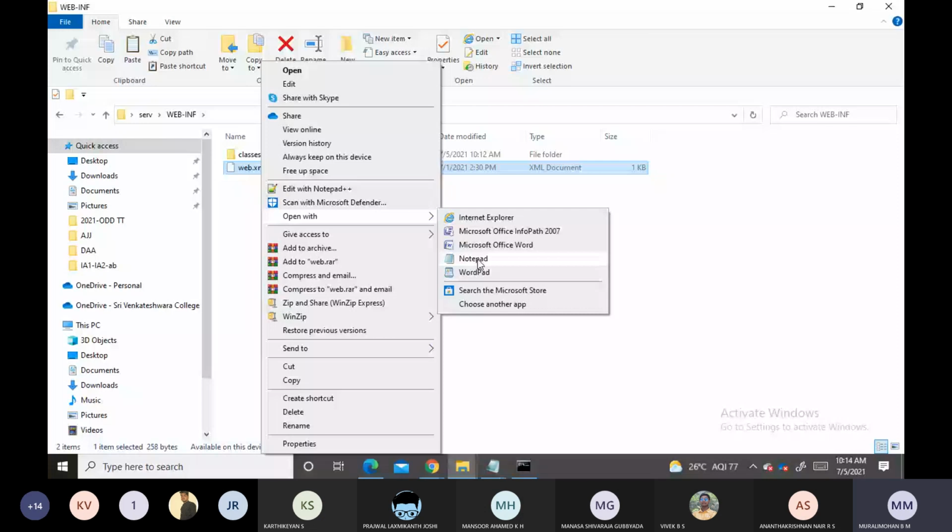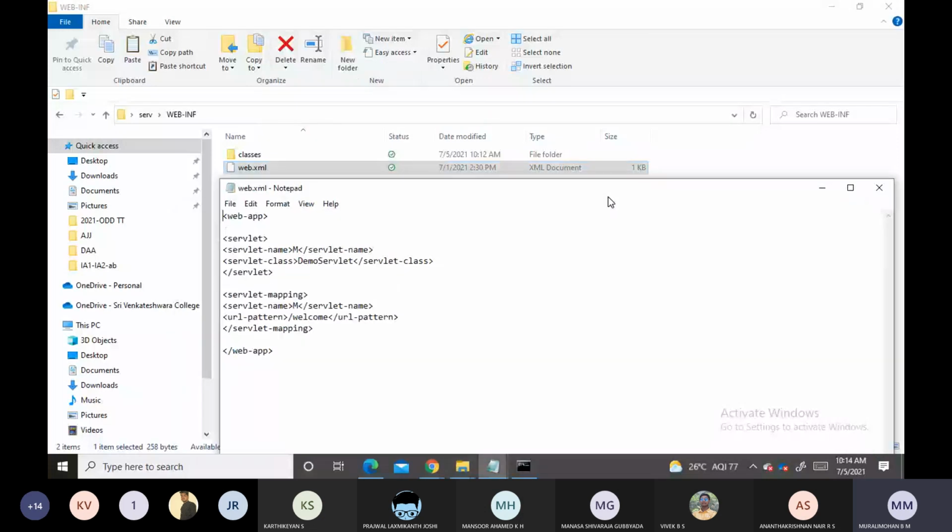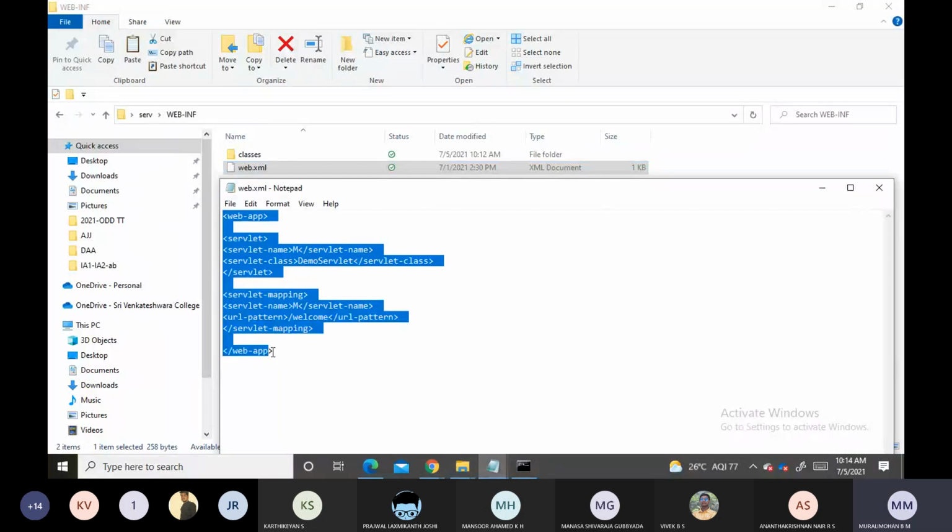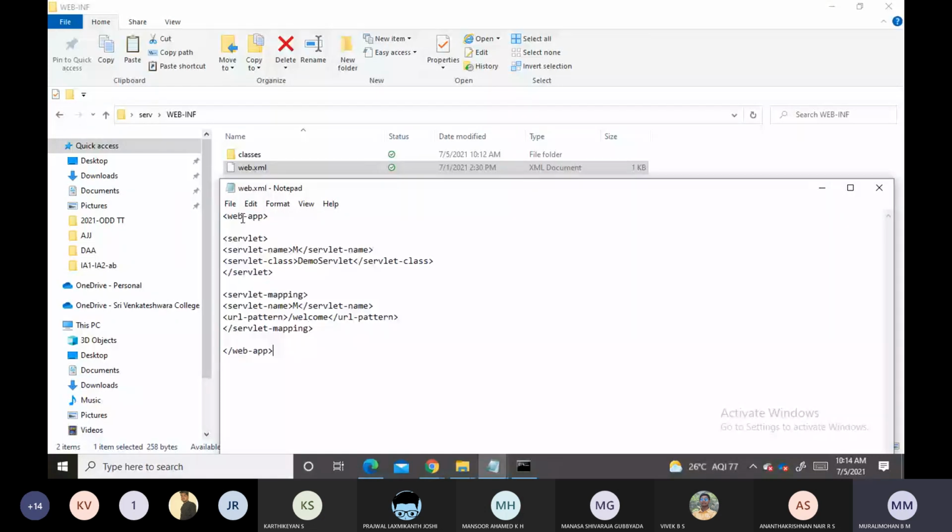Can you see? This is the web.xml file. Inside this web-app tag, we are writing servlet and servlet mapping.